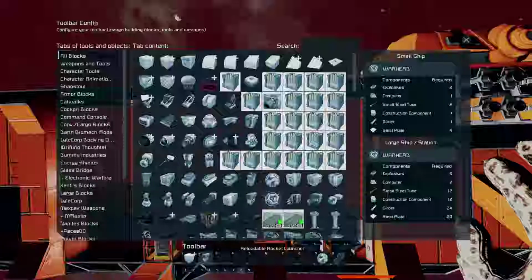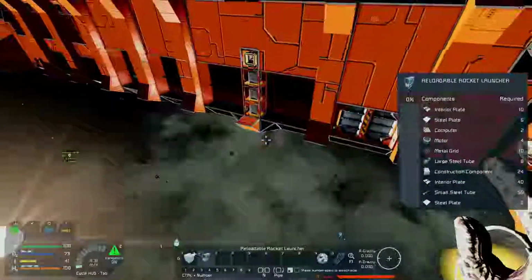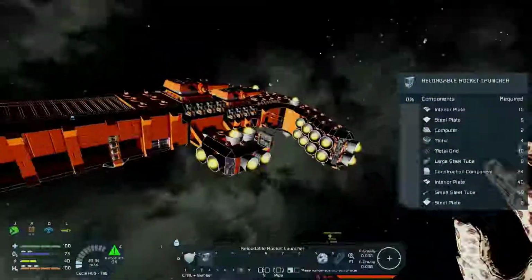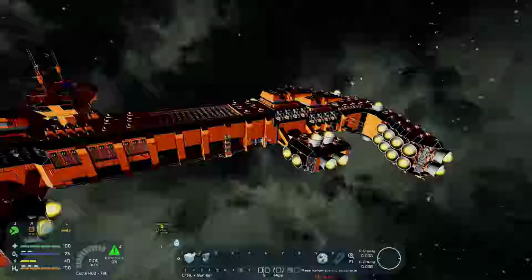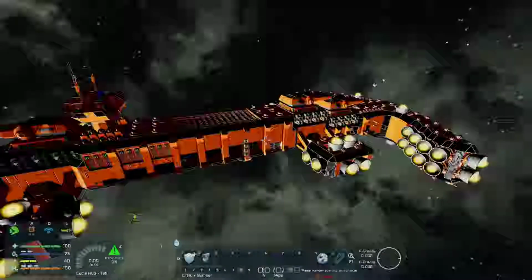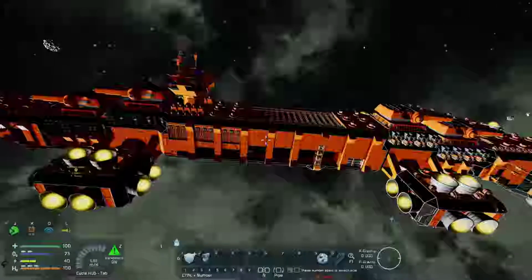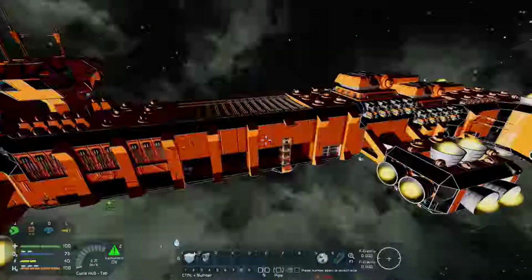We are back in Space Engineers, continuing building on the battleship. The telltale signs say that Space Engineers is going to crash at some point. I know that's inevitable, but